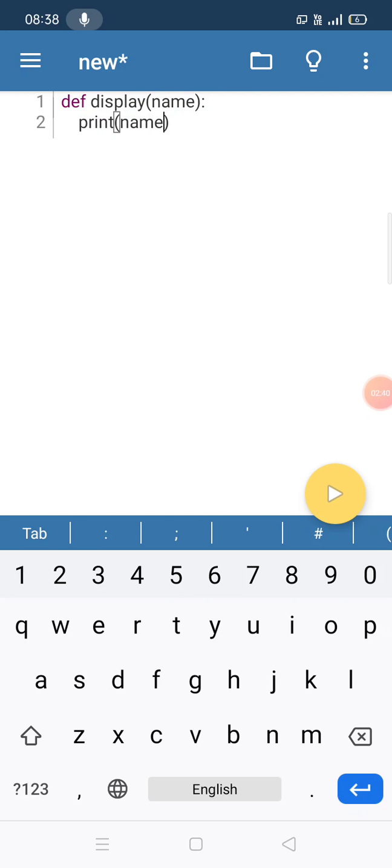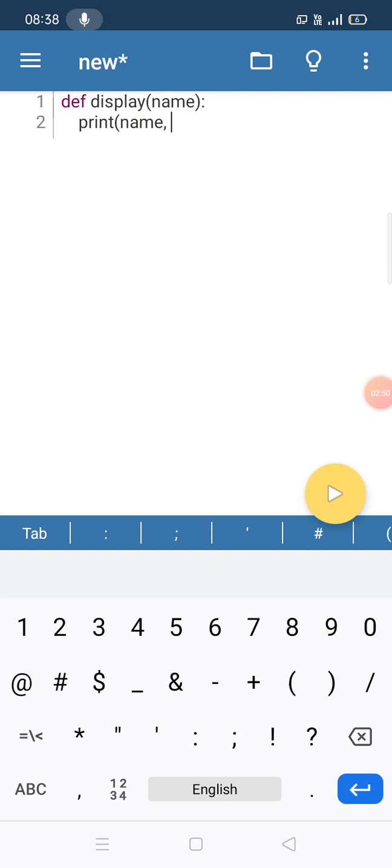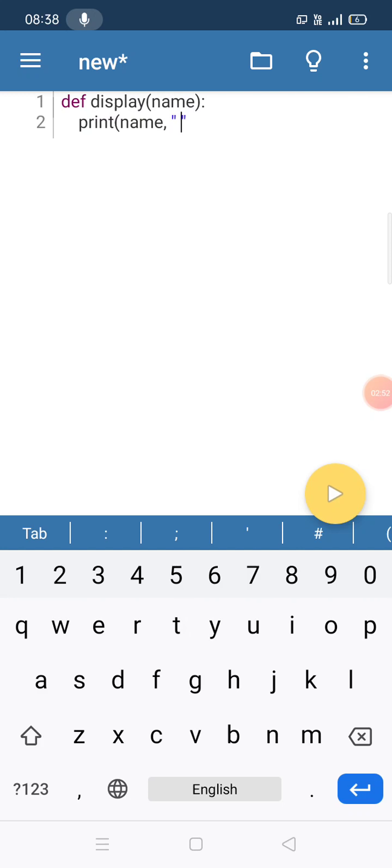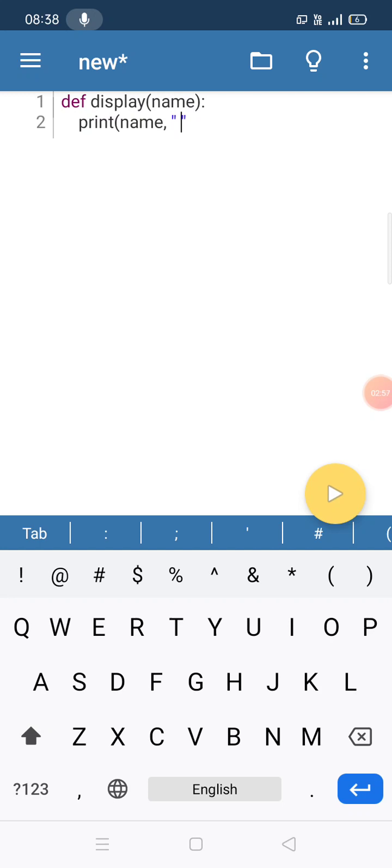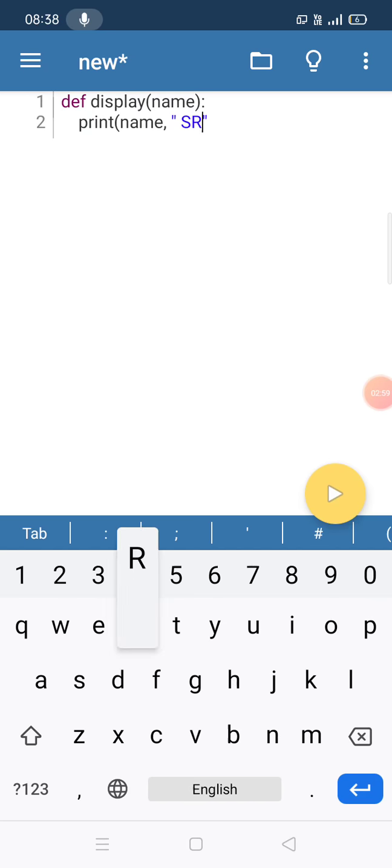I am printing the name and then I am going to display the same address for 2 to 3 people.